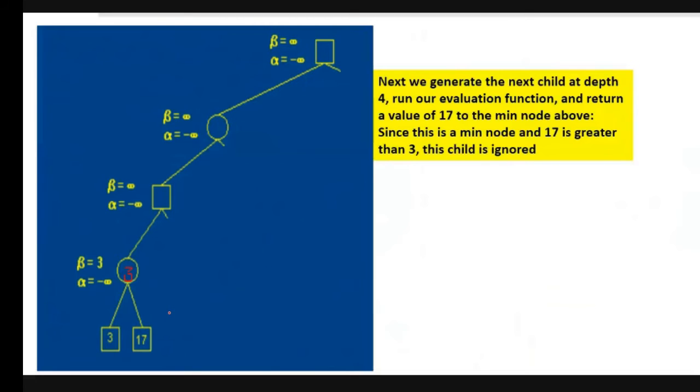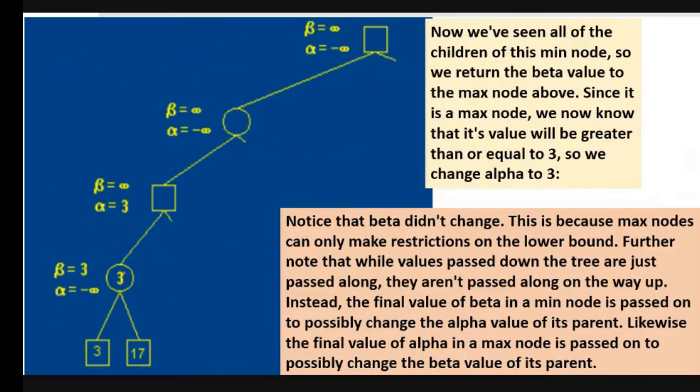Okay, now you just see that this child will be ignored now because we have taken it as 13, 3, sorry. In the next place this is maxima, this is minima, this is maxima, and this is minima. Now from minima to maxima I am at the maxima, so just see that I will be keeping my beta unchanged, and I will be changing my alpha value.